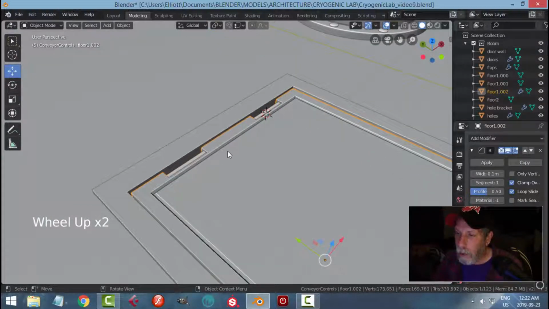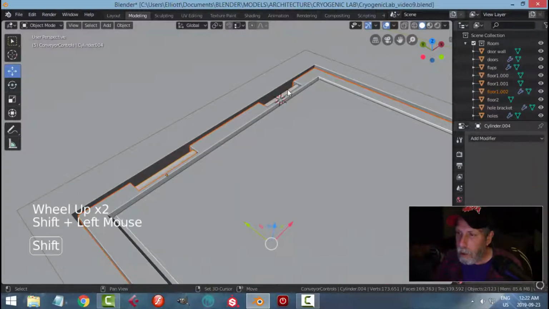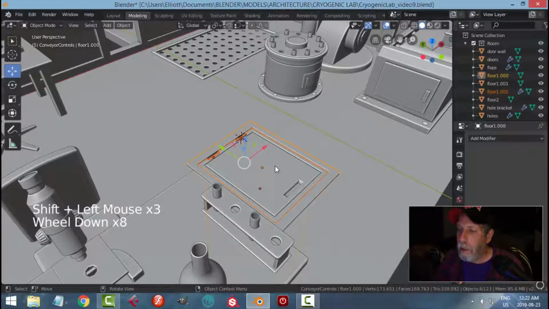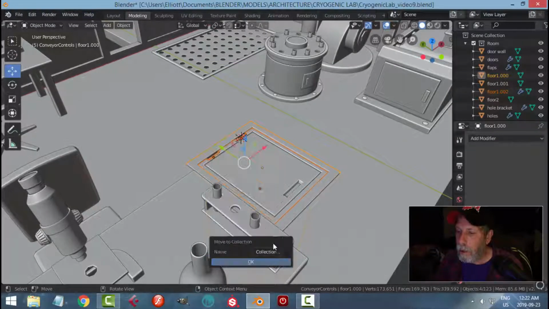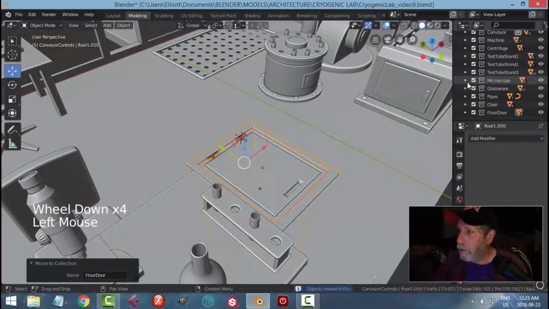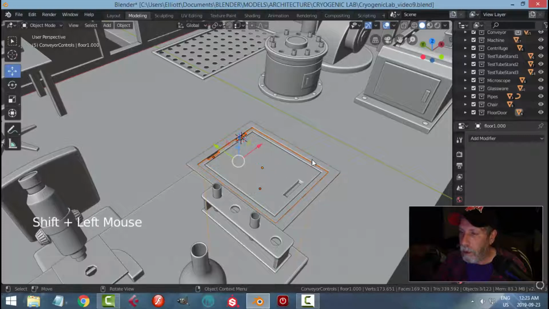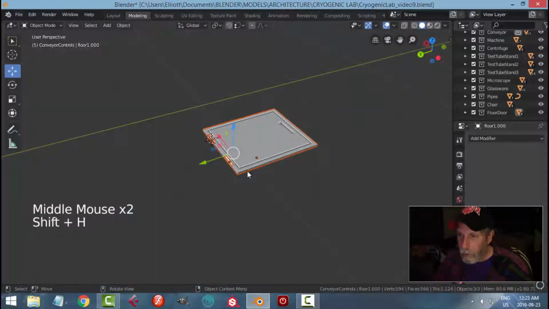Yeah, okay. I was thinking we would take this, and this, and this, and this, and let's move to a collection. Let's call this floor door. Okay, so there's floor door. If I just focus on that for now,